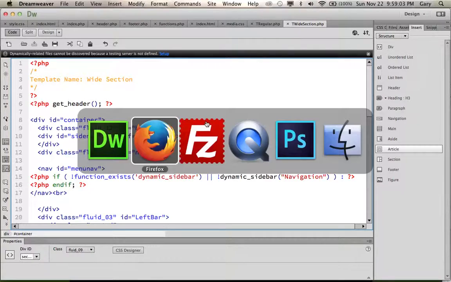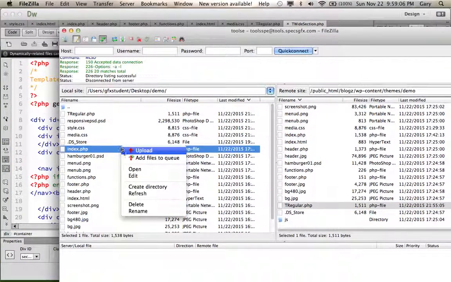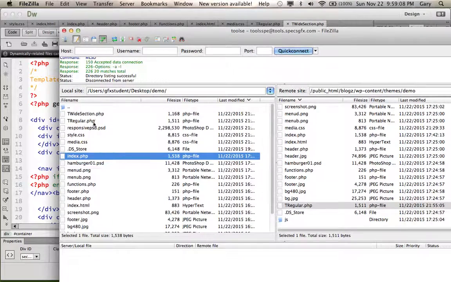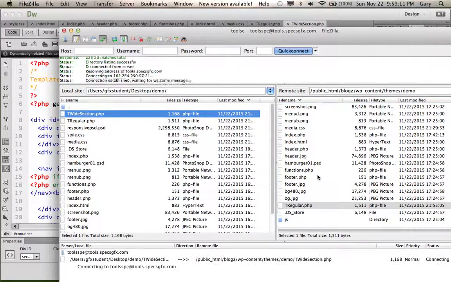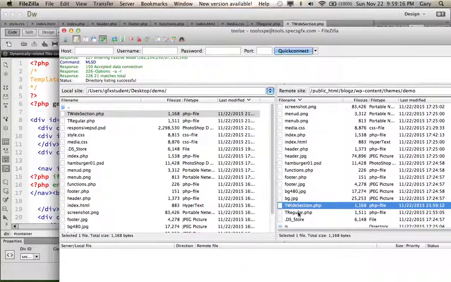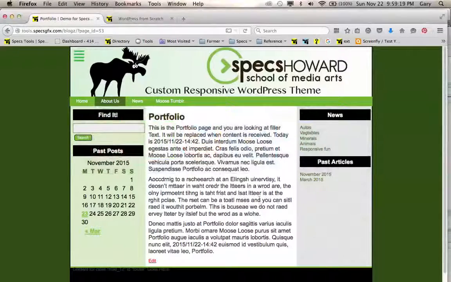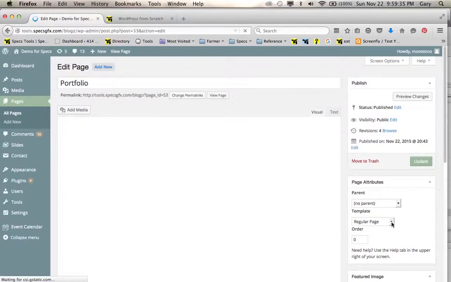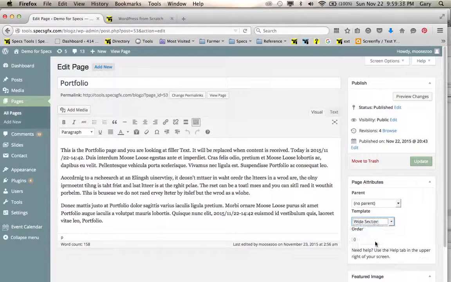and I saved it with a T, I'm just checking, and I refresh, I should see my wide section. I'm going to go down here. We can see now I have 2 template files. Okay, now I'm going to go to my beautiful page. I'm going to go to portfolio. My portfolio. I'm going to go to edit. And I see I now have my wide section. That's what I named it. So if I hit update,